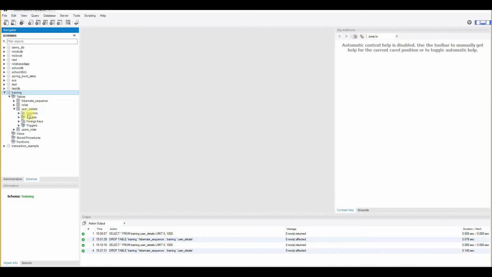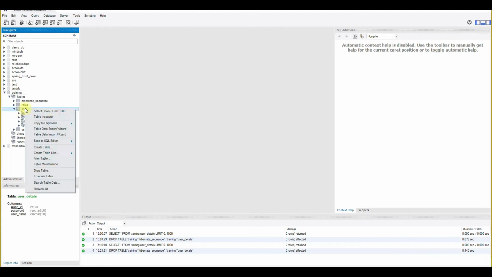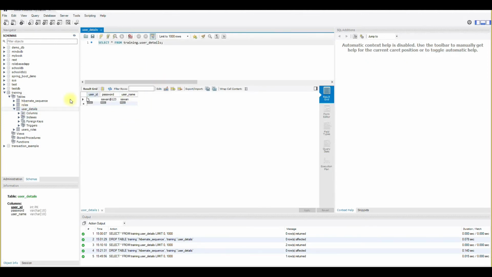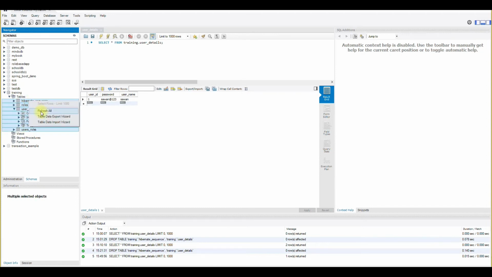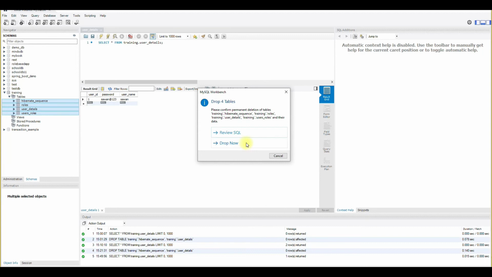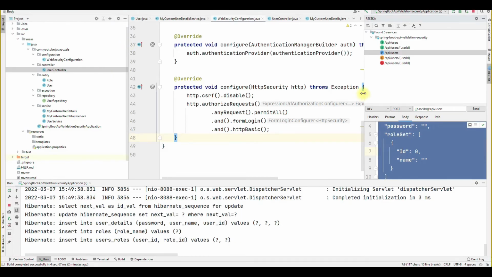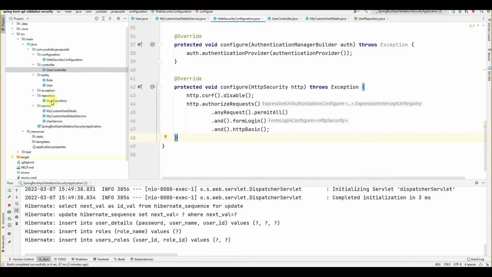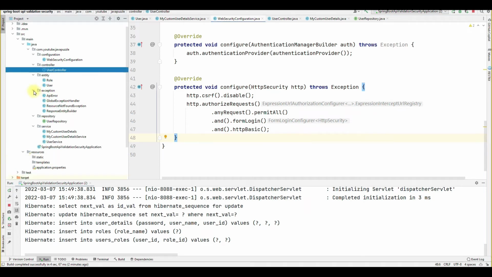Okay, because we didn't use the Bcrypt encoder for storing the data, right? Let me check. Okay, let me drop this one and let me implement the bcrypt for the password. So just minimize this, and inside the service, inside the user service,